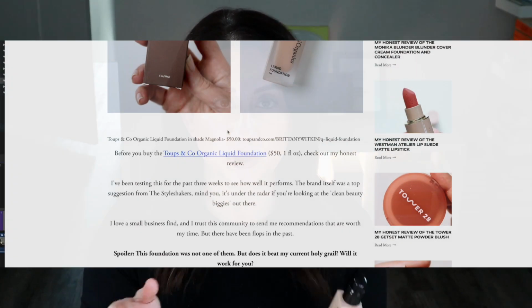So final verdict, $1 million question. When I finish this, will I buy more of it? One word answer, yes. Juice I'm very sad about, but the timing of this is very opportune because they're liquidating and I'm going to be devastated when this goes away. Right now, Toups & Co. is in top consideration for Britt's picks. This was so good, but there is another short list of foundations that I would recommend back on the website